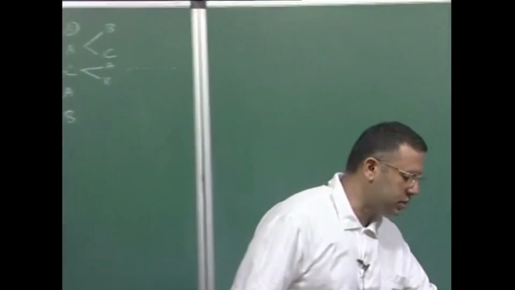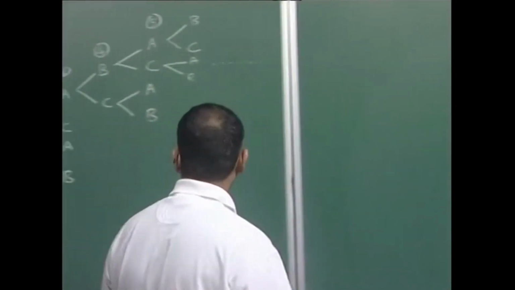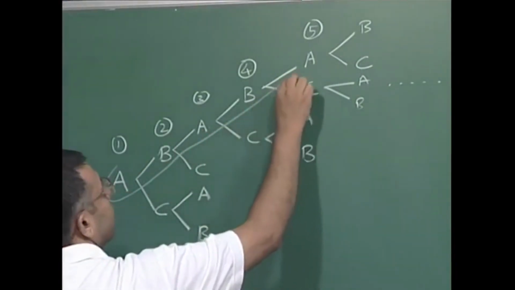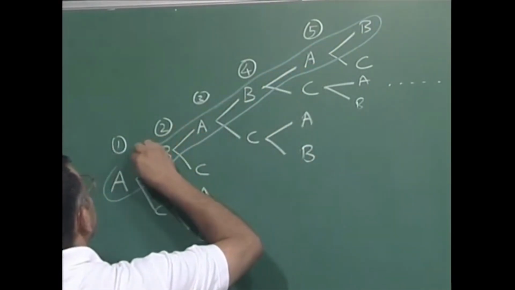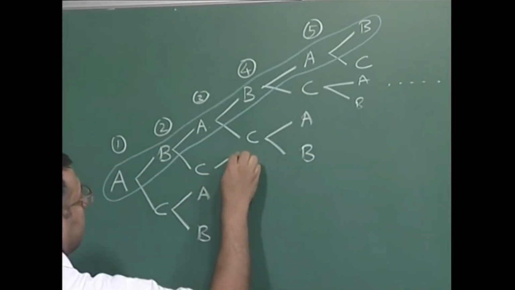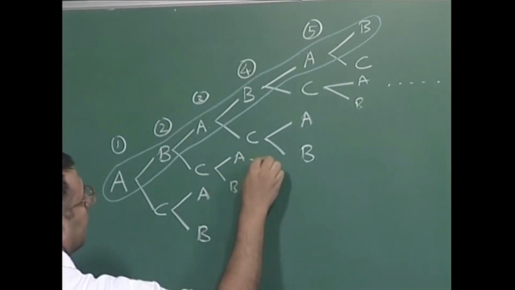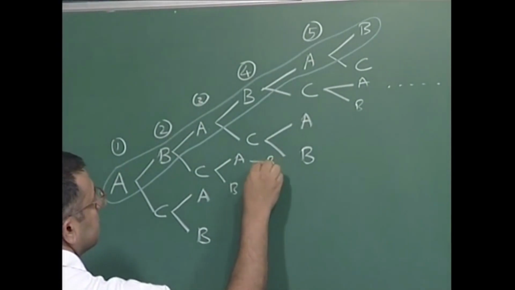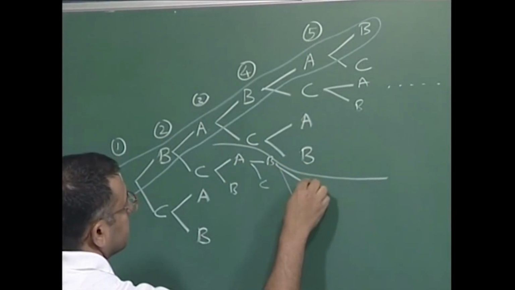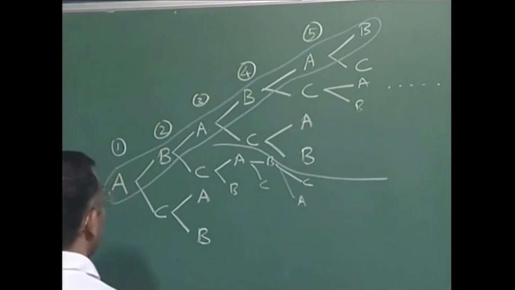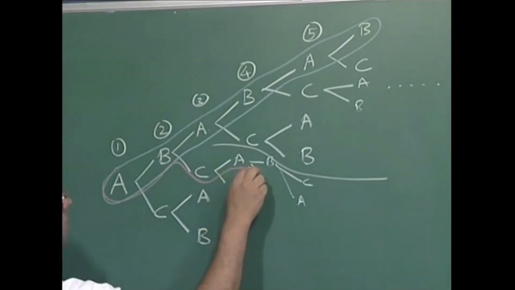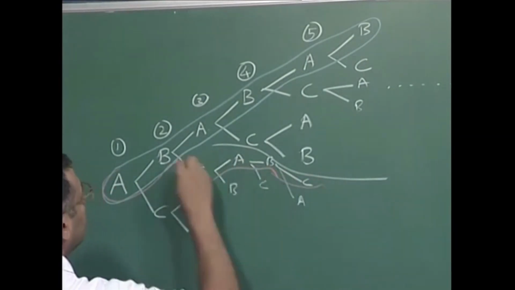But the most common crystal structures found in nature are these two kinds of packings, which is nothing but my AB packing, which is this branch of my tree, and the second kind of packing is the one which starts here. Let me draw a border here. The second kind of packing, which we have already seen, is the ABC kind of packing